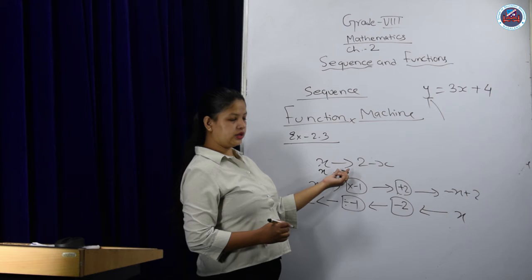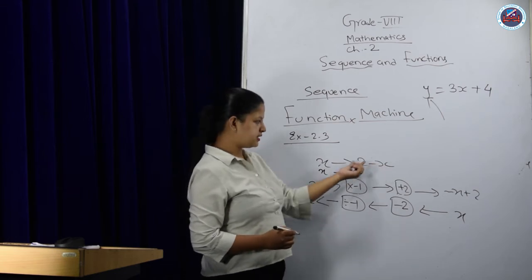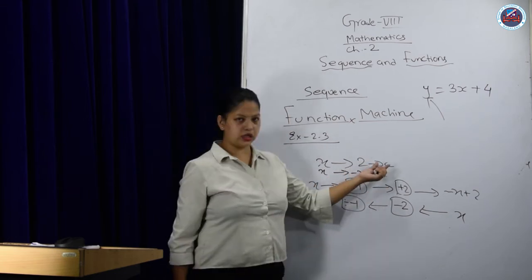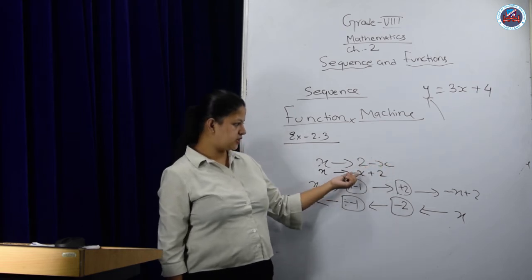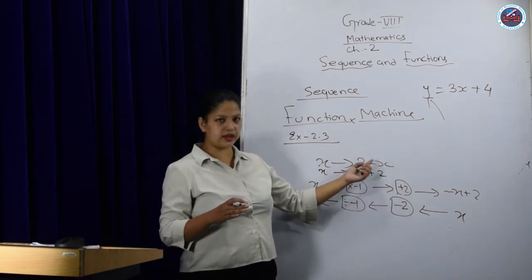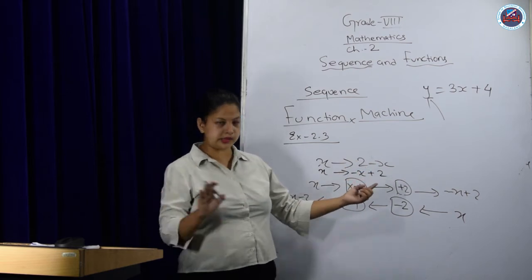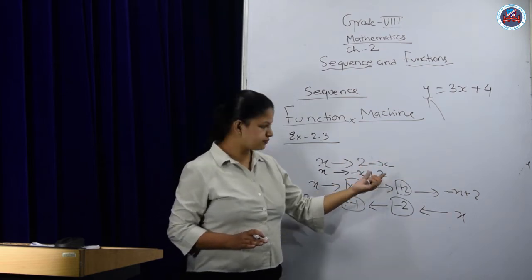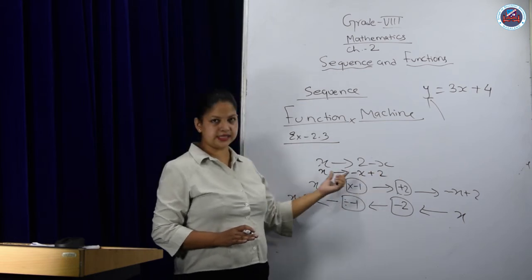If you put the variable first, minus x has to be in the front and the number in the back. Nothing much. Since x is negative, please put negative also. Most of the time you'll forget it. You'll just bring the 2 back and exchange it. Do not do like this. Minus x in front. 2 is positive. That's why plus 2. Your mapping for x is like this.